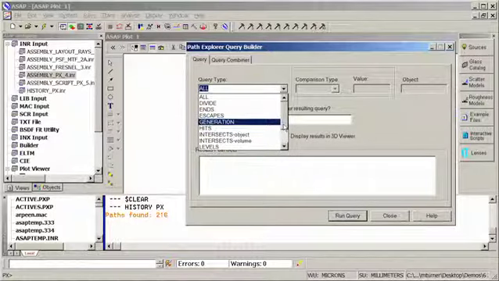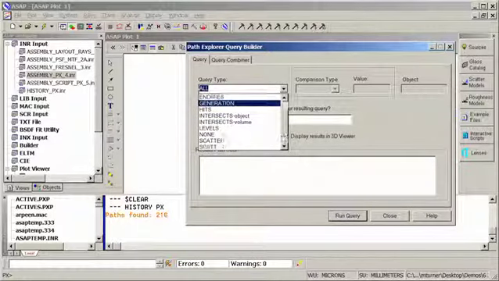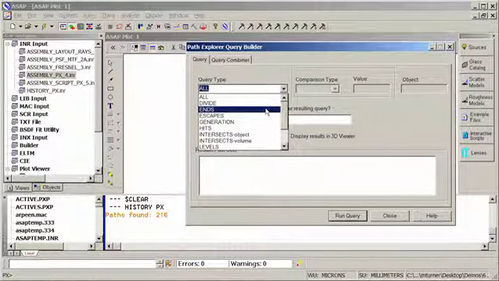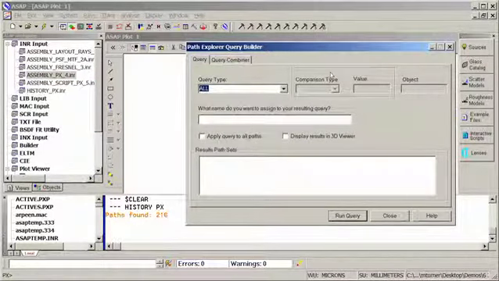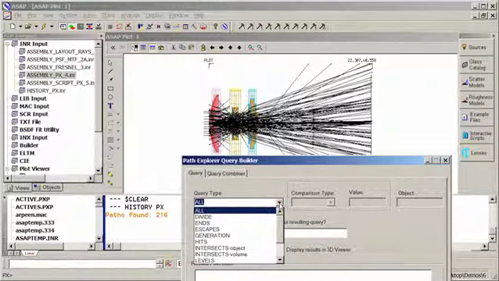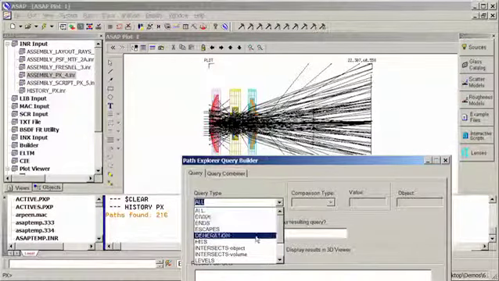I can sort on the number of times surfaces have been hit by rays, and many other capabilities as well. For example, in the case of this particular design, let's assume what we want to do is look at a little bit about the rays that might be forming an image inside this lens. And these are Fresnel reflections off the front surface of the second lens. So there are a couple of things we can do, and we're going to go through the process of building